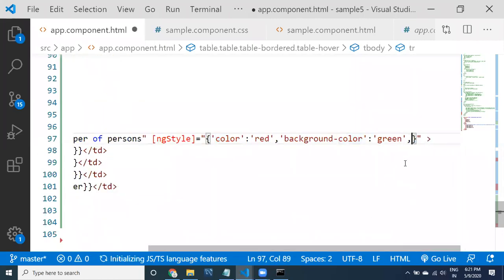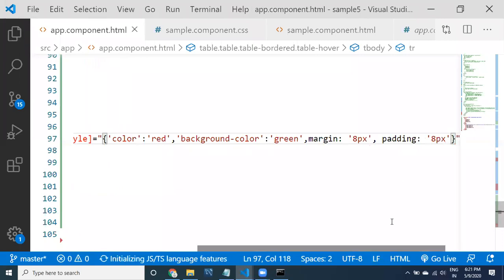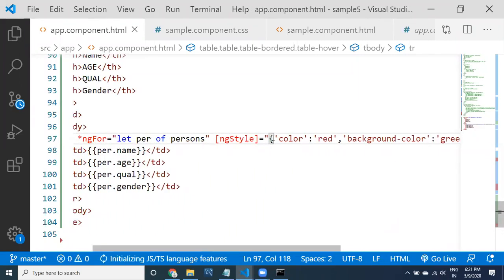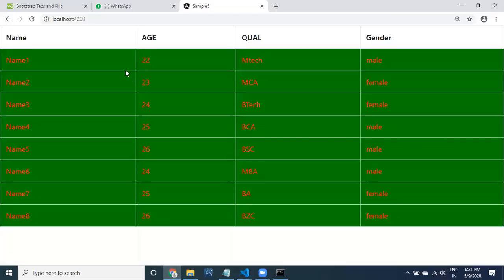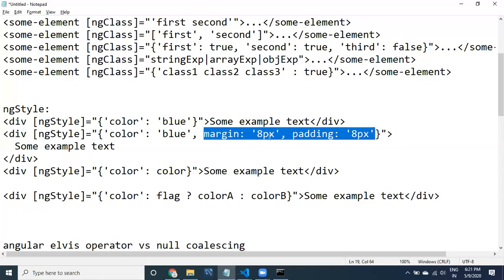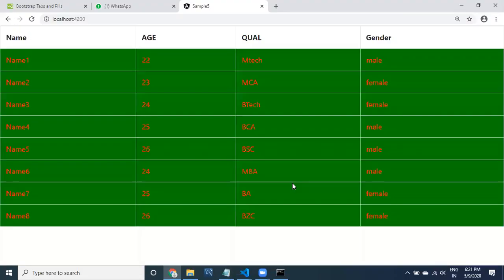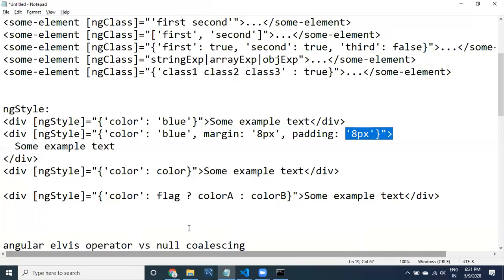Here itself, comma. So a combination of 4 styles I have applied for this tr. Let us see how it is going to become. Margin is 8 pixels and padding is 8 pixels. These are the styles you can see. You can apply whatever styles you want, guys.